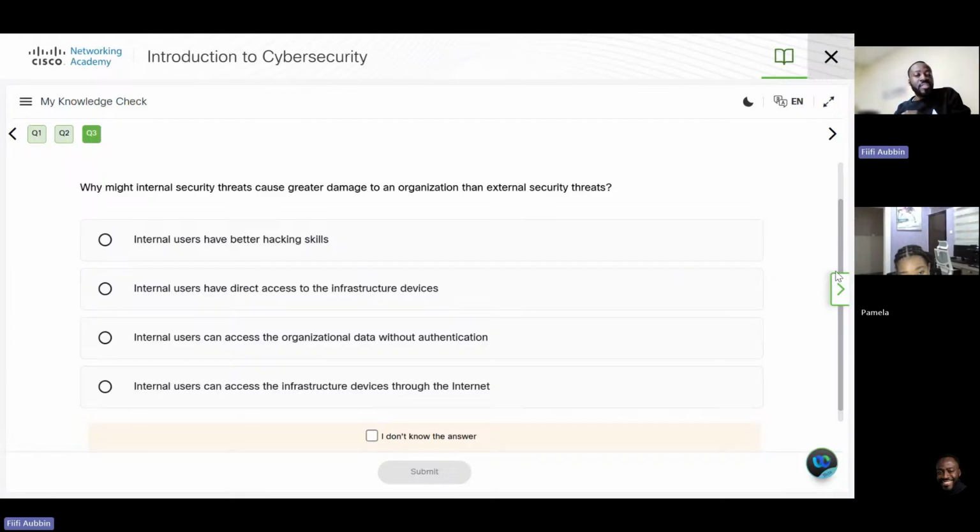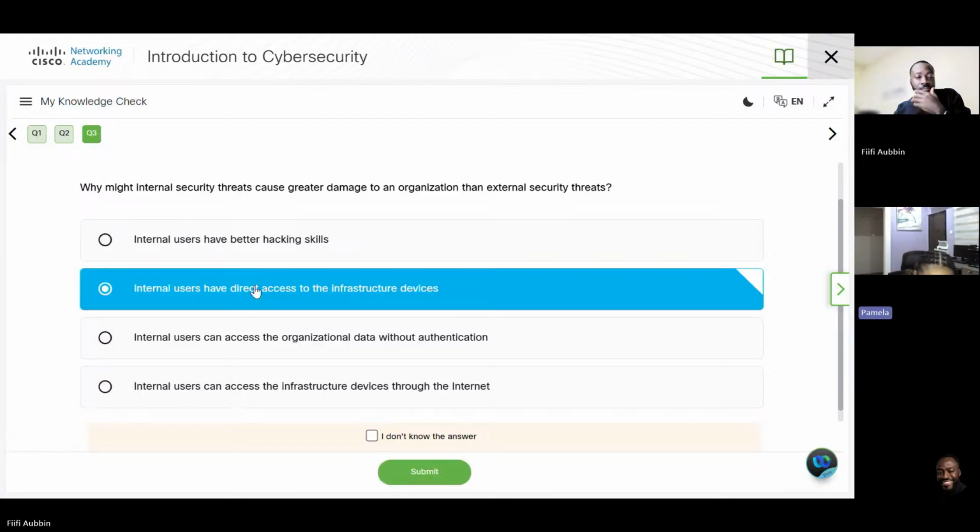Internal users can access the infrastructure devices through the internet. Is that it? Yes, I think so. Yes. Okay, let's move on.